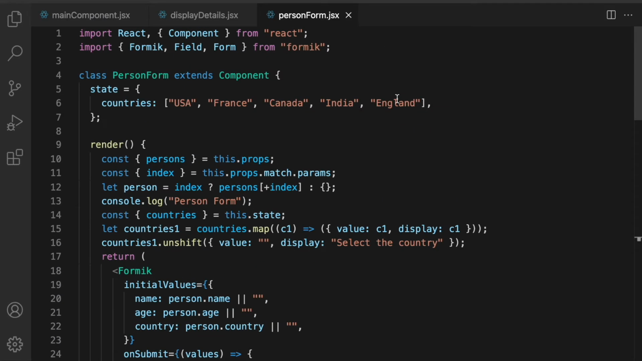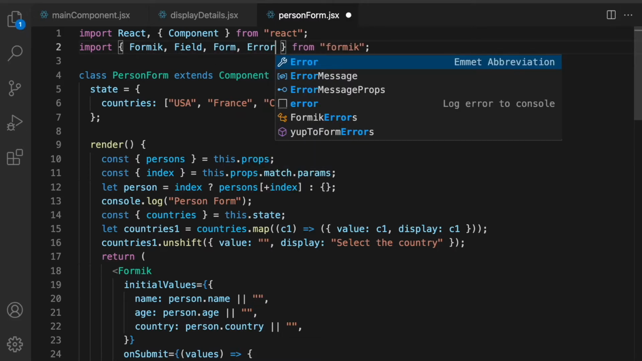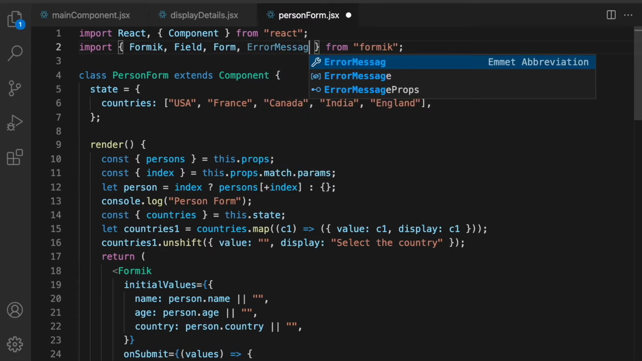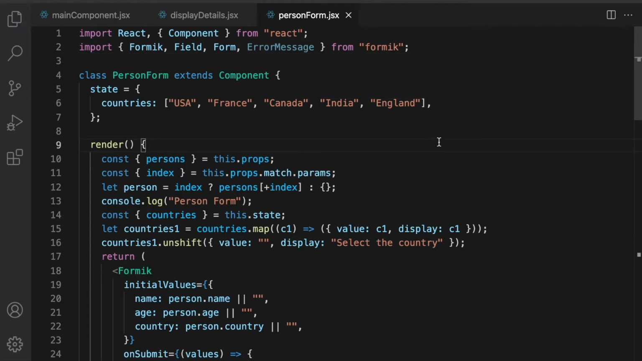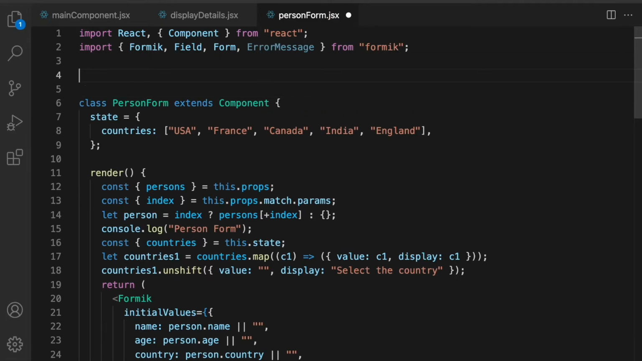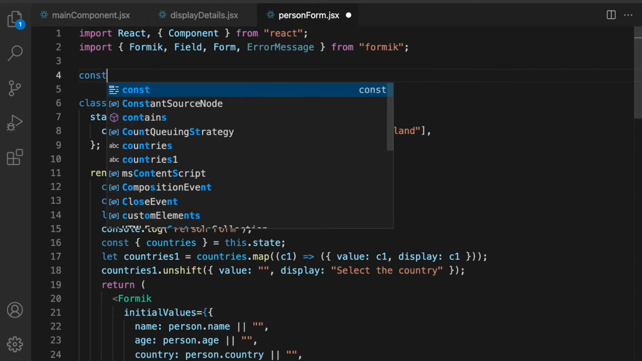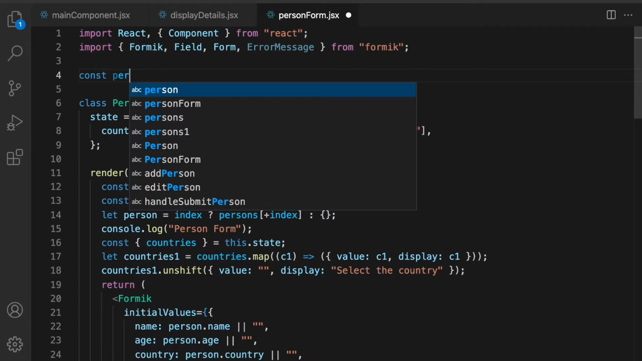So here we will not need to make any change to our main component or our display details. All we need to do is handle this in our person form. So how do we do that? If there is an error, we will also need to display an error message. So let's also get error message from Formik. Next, what we need to define here is the validation. So let's say person validate